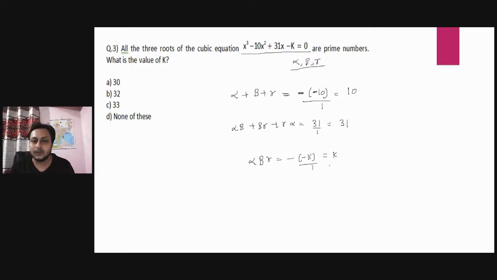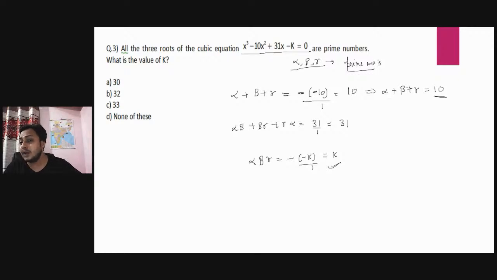And you have to find the value of k, right? So guys, it is given that all the roots are prime numbers, means alpha beta gamma are prime numbers. The sum of these three roots is 10. Since the sum of three prime numbers is even, meaning 10 is an even number,